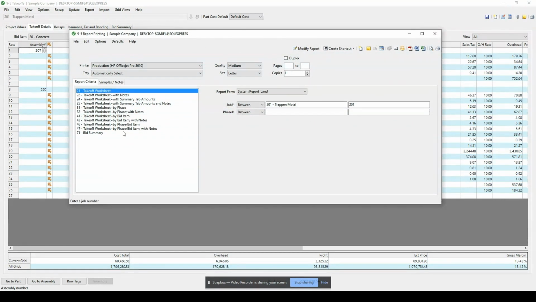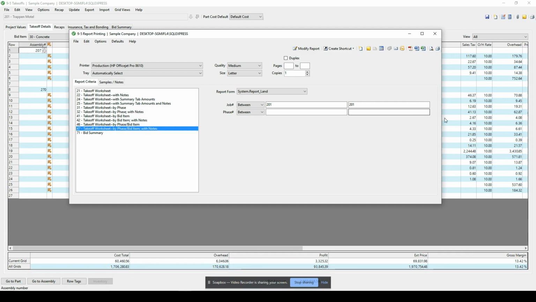We have quite a few different types of reports that we can do, as well as, if we need to modify them, changing the language, adding the language. That way we can actually have our takeoff put into some type of PDF if we want to email it to an architect, or if we want to email it to somebody within the company, somebody to sign off on it or review, a senior project manager, whatever we want to do, we can take this information and put it into a takeoff worksheet.